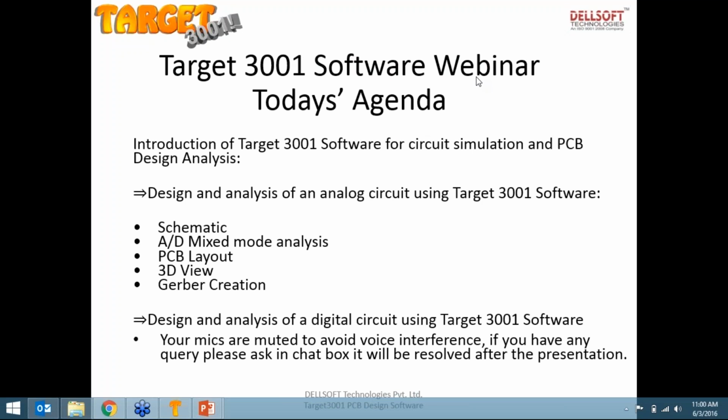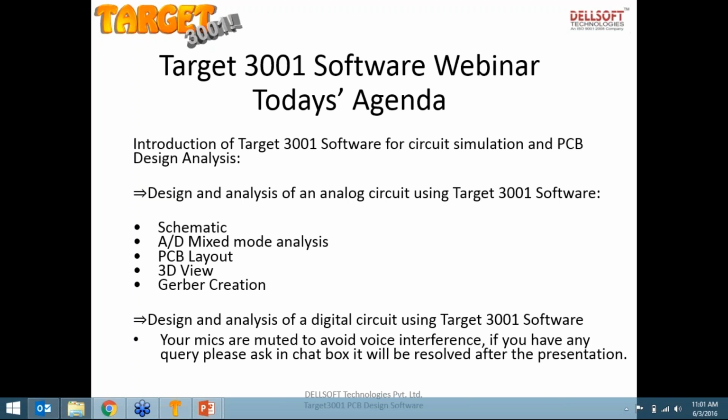Delsoft Technology is a software solution provider in education, especially in engineering and research institutes. And we have different software solutions for various departments like electronics, electrical, computer science, IT, civil, and mechanical. So we keep training faculties and research scholars about the latest technologies related to various research areas. So in direction to that